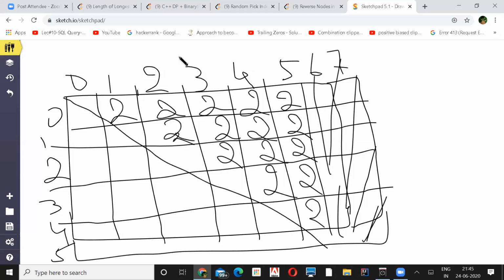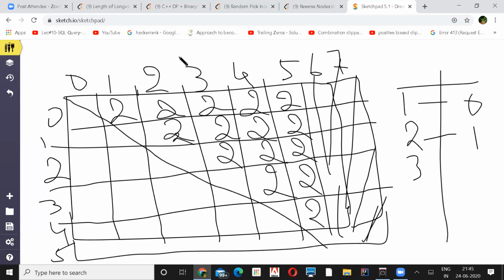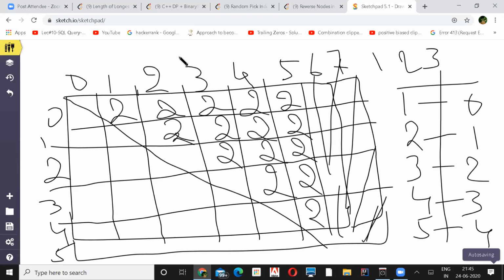And I'm creating one hash map, which will keep your index: 1 is at 0, then 2 at 1, 3 at 2, 4 at 3, and 5 at 4. So you have an array like 1, 2, 3, 4, 5.